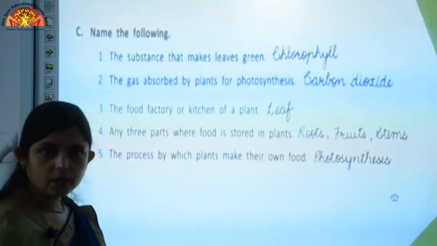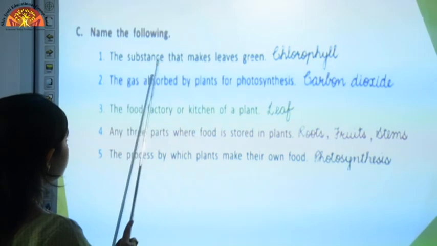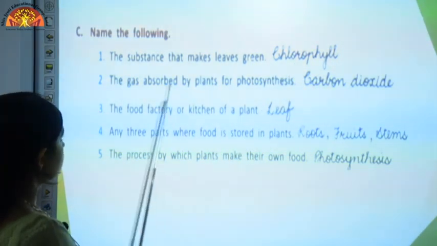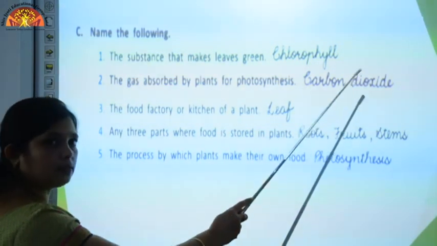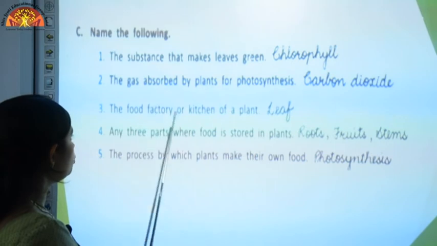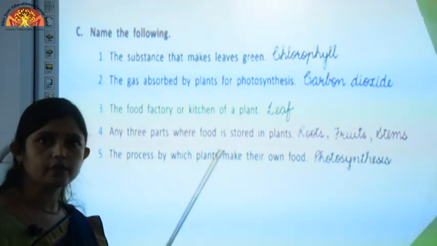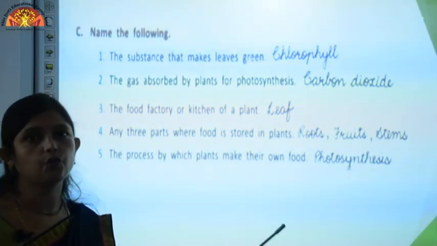It's on the same page, page number 53. Name the following. The substance that makes leaves green, it is chlorophyll. The gas absorbed by plants for photosynthesis, carbon dioxide. Then the food factory or kitchen of a plant is leaf. Students, here leaf is called the food factory of a plant or kitchen of the plant because food is prepared